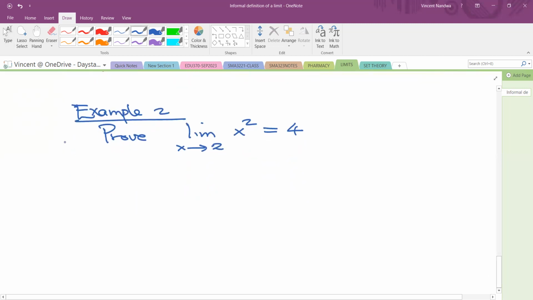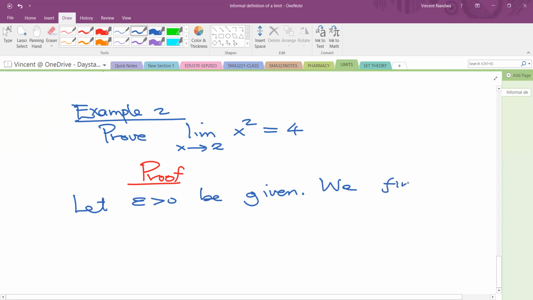As usual, so proof, let epsilon greater than 0 be given. So we find a delta, which is also positive, such that